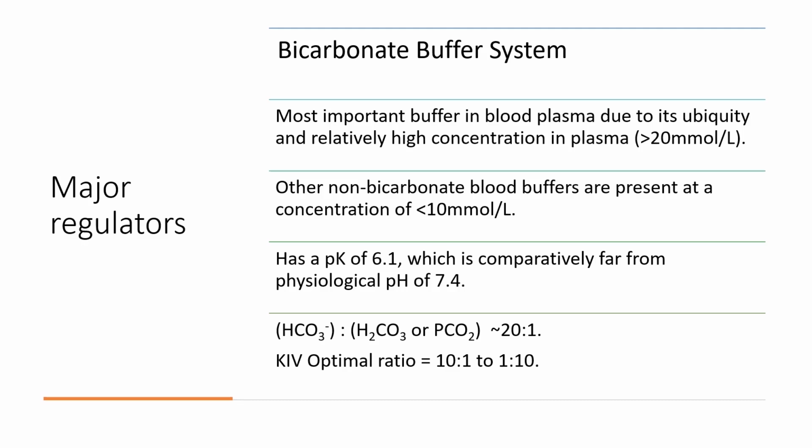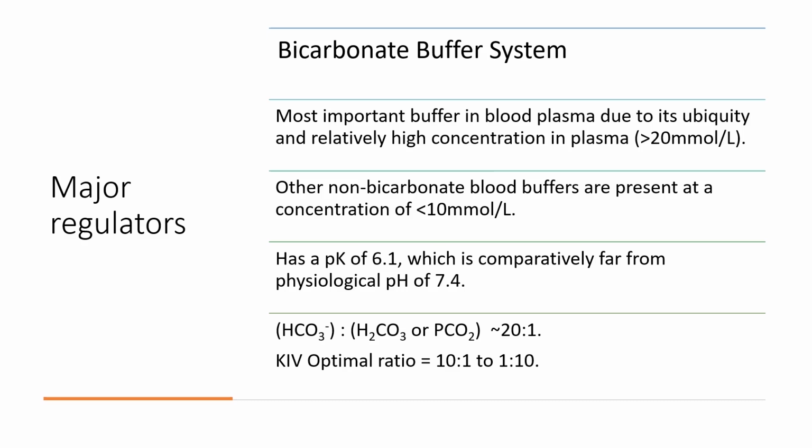Although the bicarbonate buffer system has a pKa of 6.1, which is comparably far from the physiological pH of 7.4, that's the pH of blood. That can be a disadvantage because 6.1 is very far from 7.4 compared to other buffers that have 7.2. But the fact that the bicarbonate buffer system has a very large concentration and is present in almost every part of the body, that advantage will overshadow the disadvantage of a lower pKa compared to the pH